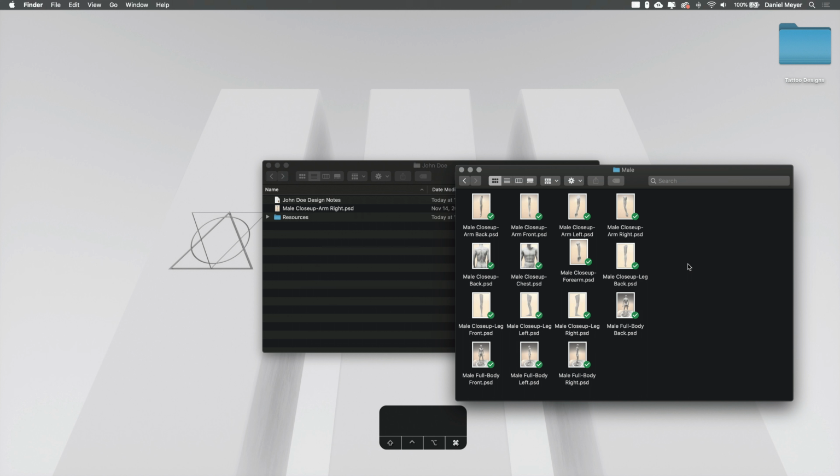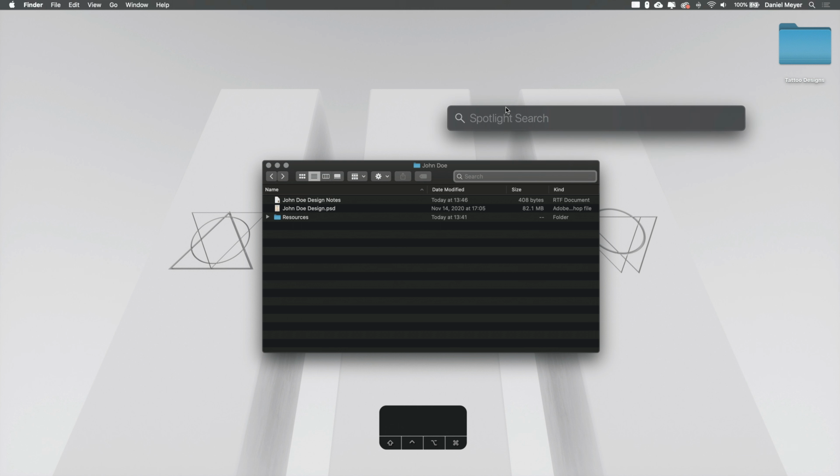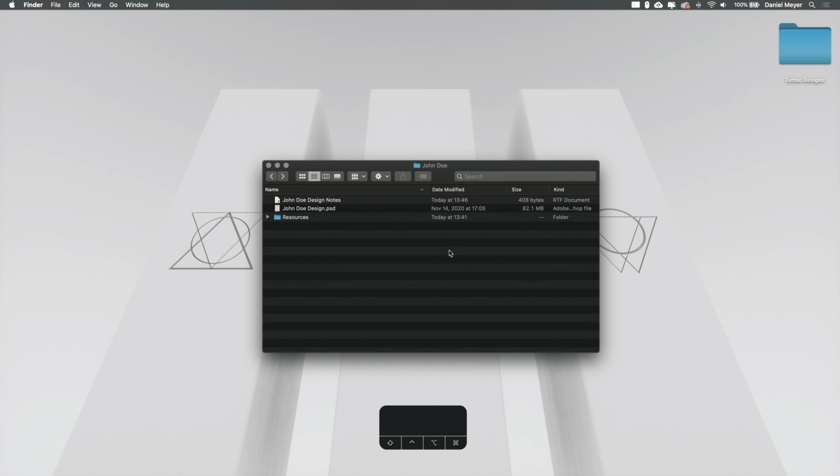So let's close this folder here or minimize it. Now you can see we have John Doe Design Notes. We have the actual body part, which we call John Doe Design, and the resources folder. The reason why I'm so adamant to create this entire folder structure and to have the client's name popping up all the time is that at any given moment, I can always use the search bar up here and search for a particular client, and I will find all the image material in the resources folder I used. I will find the actual tattoo design and whatever notes.